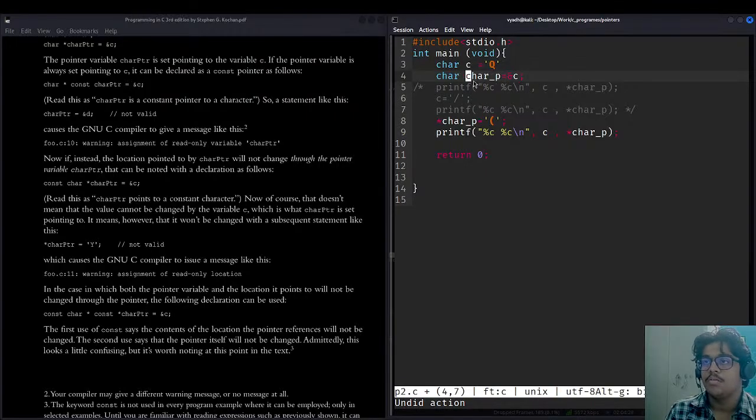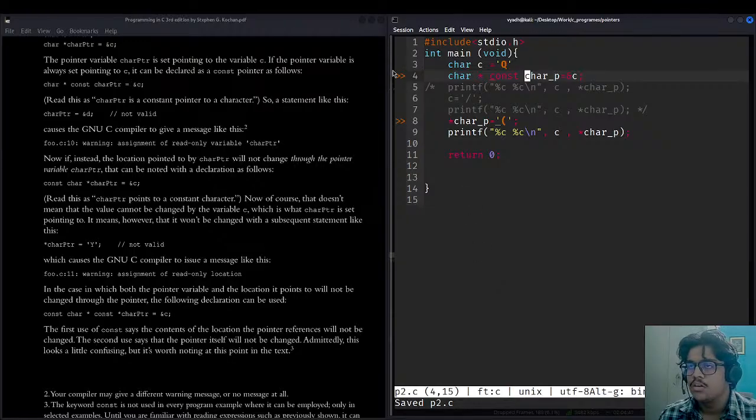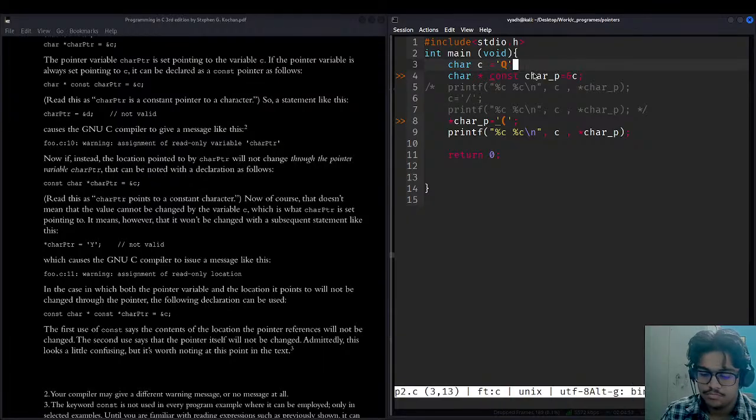Okay, so they have taken the same example, I guess. In the first case we are making the constant thing the pointer. So const. Now if I do this, what will happen? Control S. Char const char p.